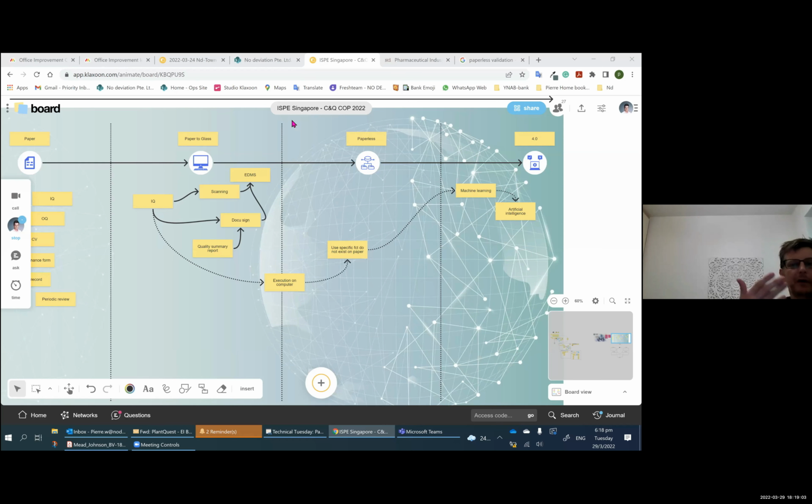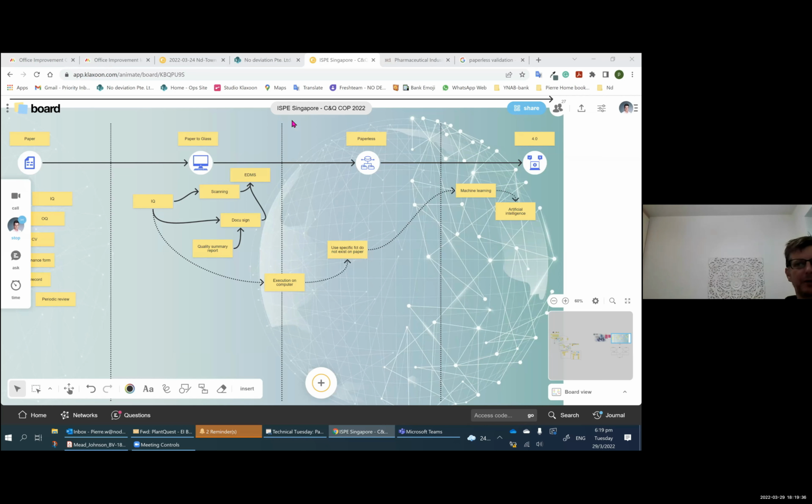So I agree with you, virtual FAT is one, and again, paper to glass is already fantastic, right? Doing virtual FAT by having someone filling in the protocol in the US and being able to call your QA overnight to review what has been done, to say yes, I'm happy, we will be able to leverage this test, but can you please add that certificate of calibration of the probe you use before you leave and go back here with the plane, and the QA tells you, which is never going to happen, right?